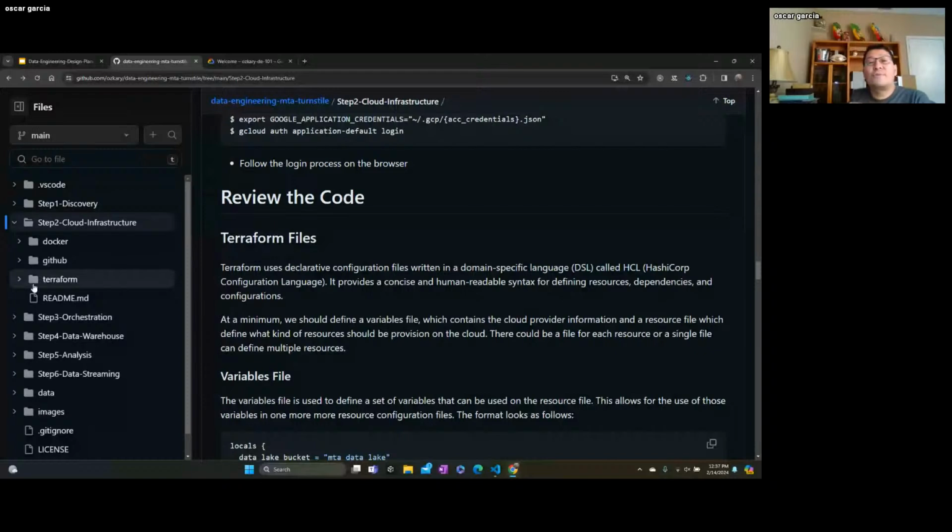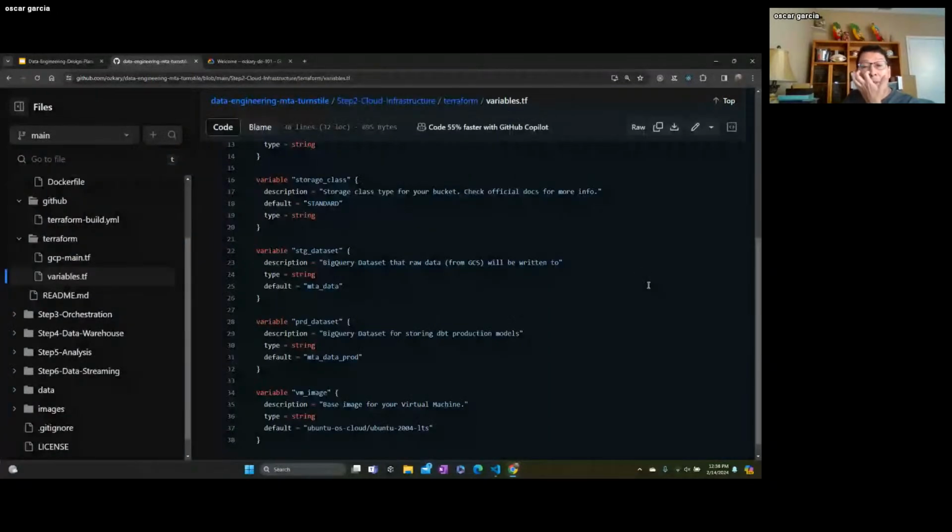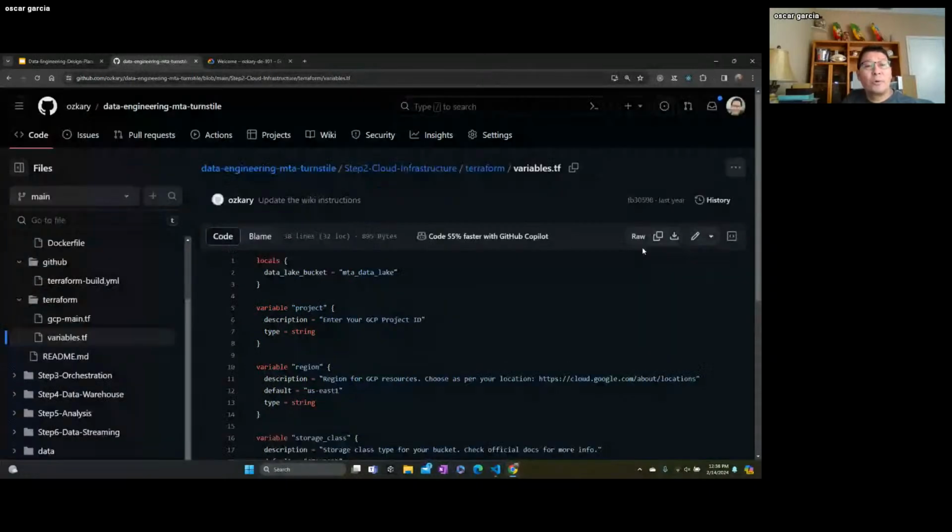So that really gives you that isolation at a subscription level to be able to build these resources, right? The storage class, the level of data set for building out the BigQuery data warehouse. In this case, we're defining resources for VMs, resources for the data lake, and resources for BigQuery, and we're just defining those variables. The purpose of that is when we go to the main script,